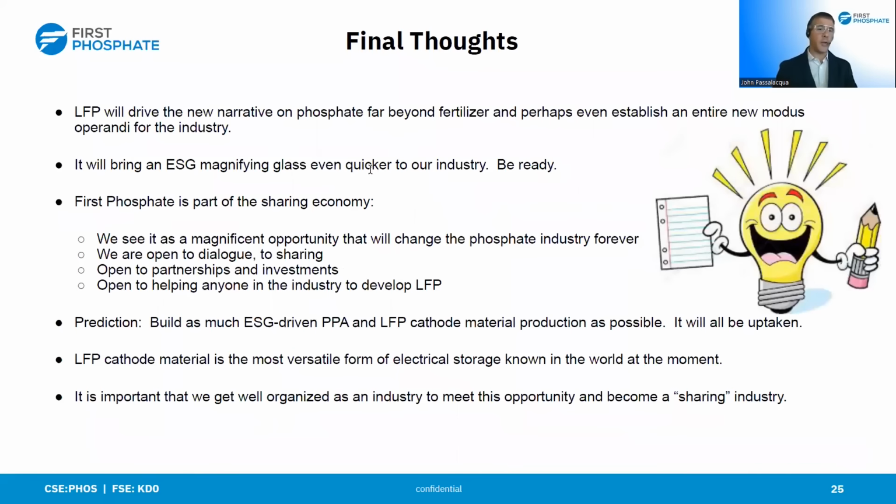So just some final thoughts here. We feel that LFP will drive the new narrative on phosphate far beyond fertilizer, and perhaps even establish an entire new modus operandi for the industry. So what do we mean by that? We think it's going to bring a big ESG magnifying glass on our industry quicker than normal. So we have to be really careful, whether we're in fertilizer or in foods or an LFP battery. Our whole industry has really got to start looking at our process, our carbon footprint,